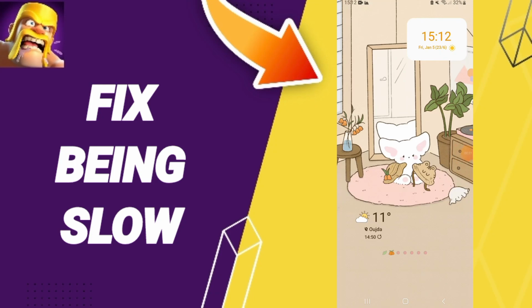Hi everybody, today we'll talk about how to fix or how to solve the problem of being slow on Clash of Clans app. To know how to fix or how to solve the problem of being slow on Clash of Clans app, you